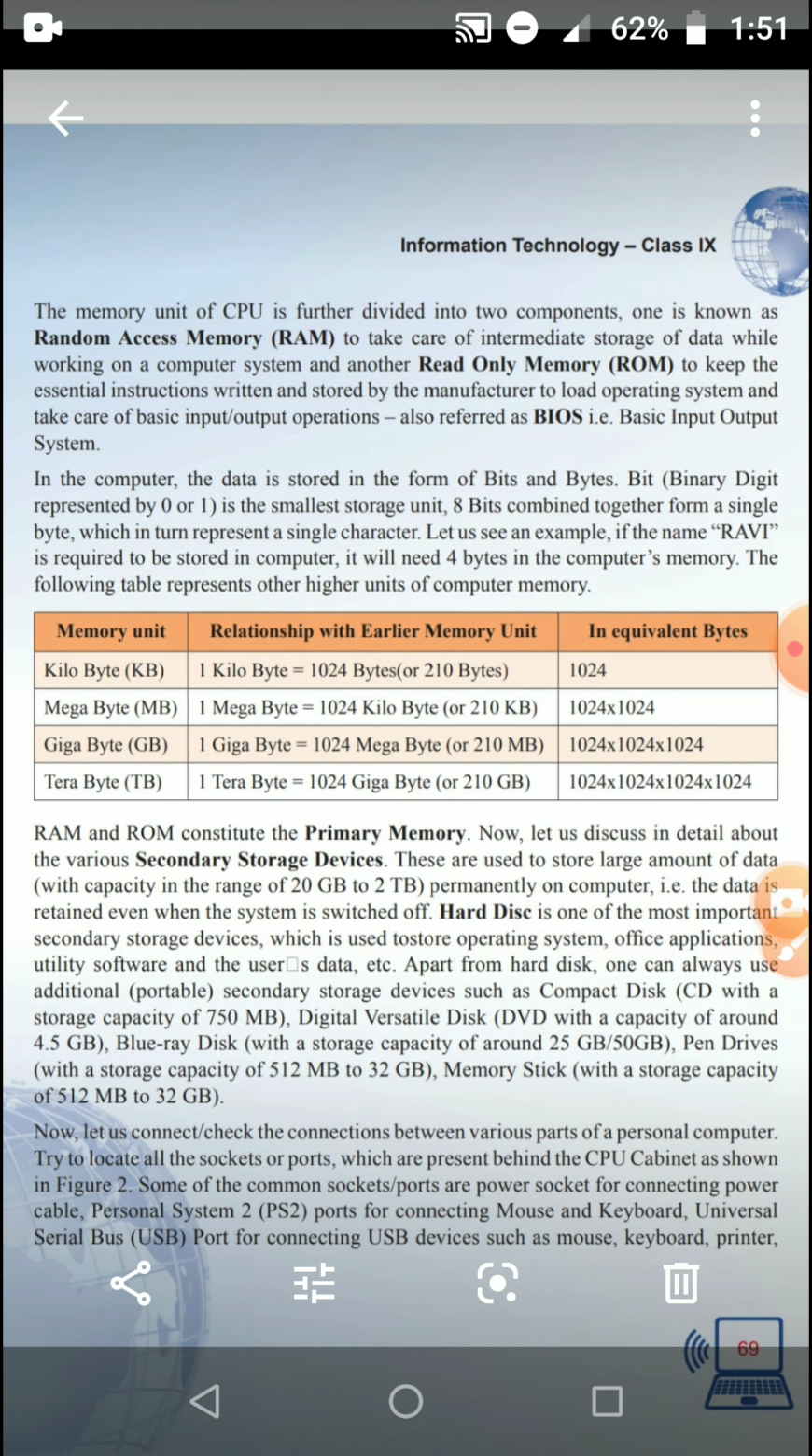Then comes this important thing which is known as BIOS, basic input output system. BIOS is basically the main thing when the operating system is loaded from the hard disk to your screen. That input output function is your BIOS function. Okay, so now how we will study how the data memory units are linked with each other, that is bits